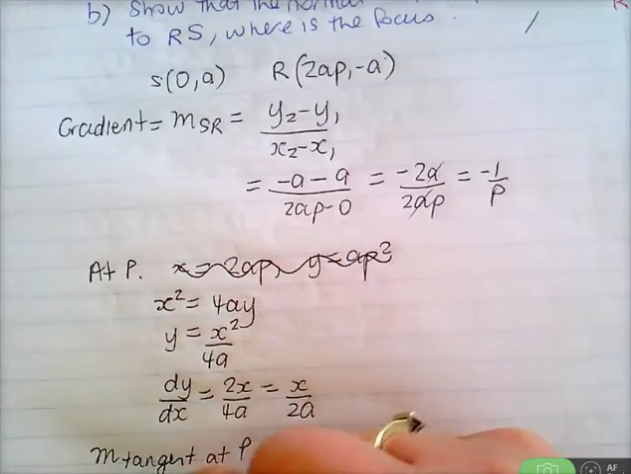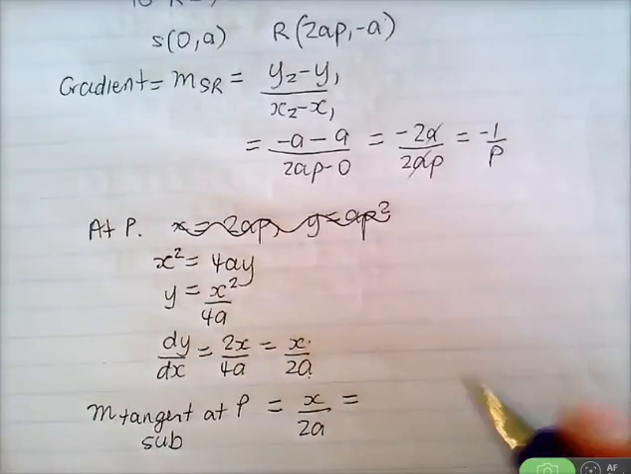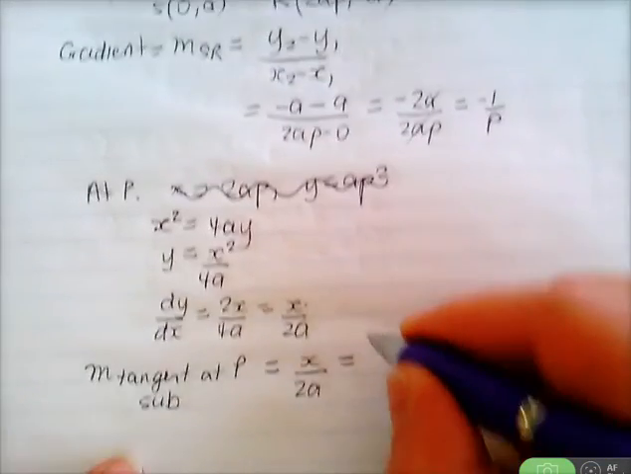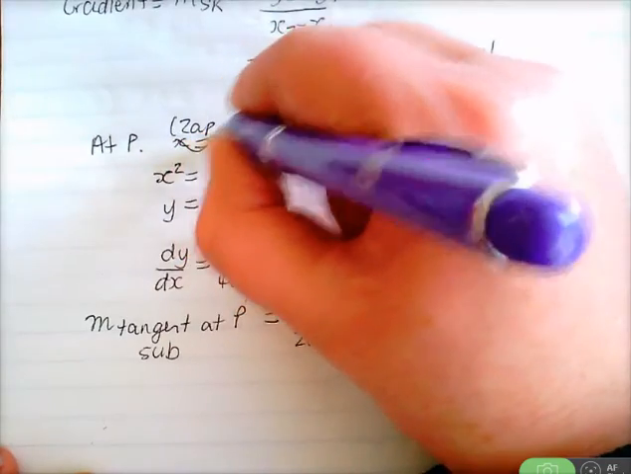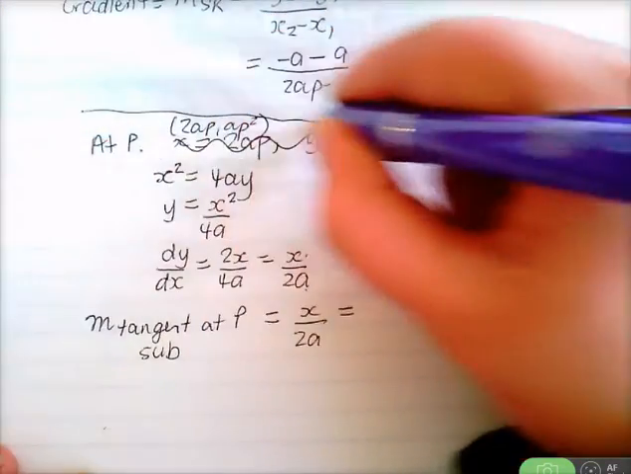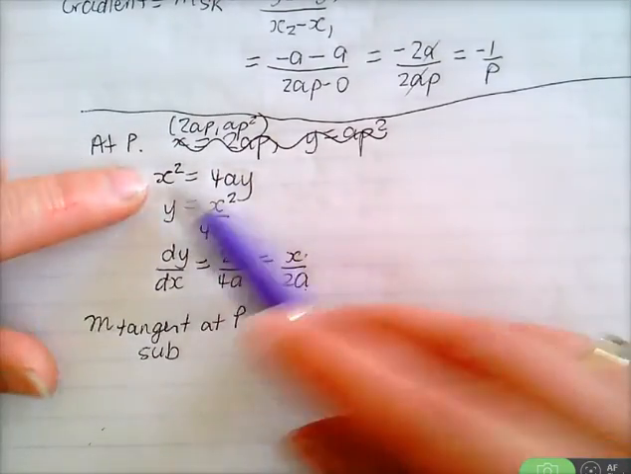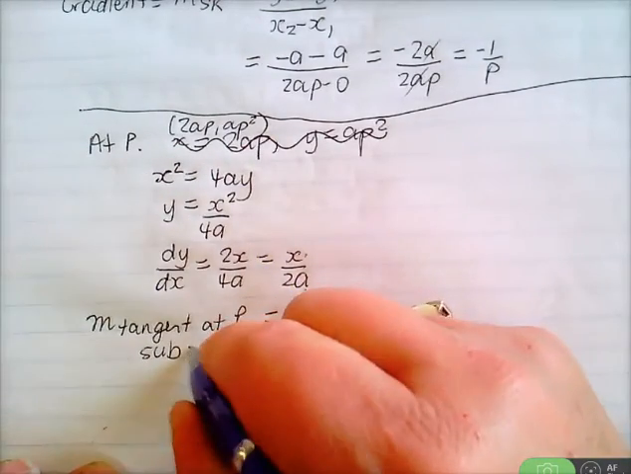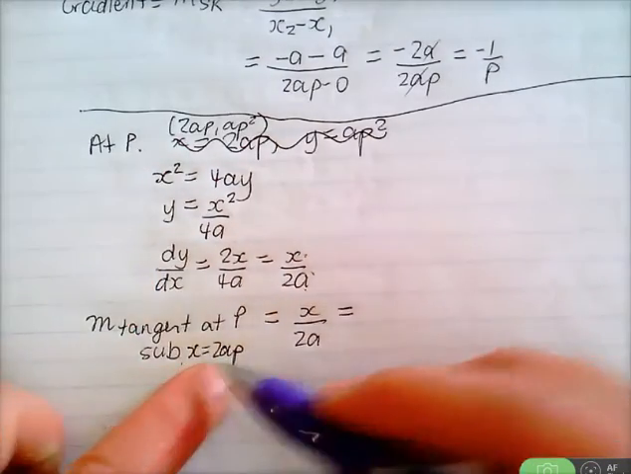What do you do? Sub what? Girls, this is the gradient function. Sub. All right. So at P, which is the point 2ap, ap squared, I want to work out the gradient of the tangent at P. So sub x is 2ap, because that's my gradient function. Substitute the x value,